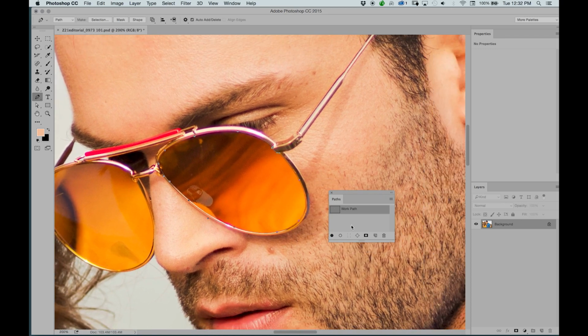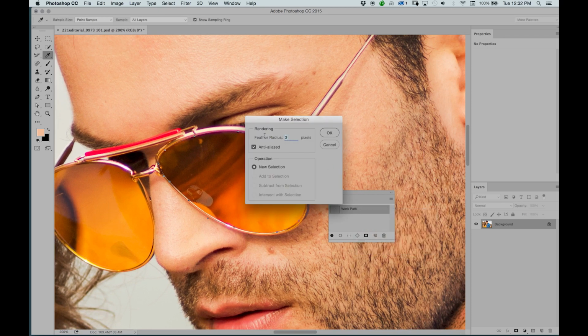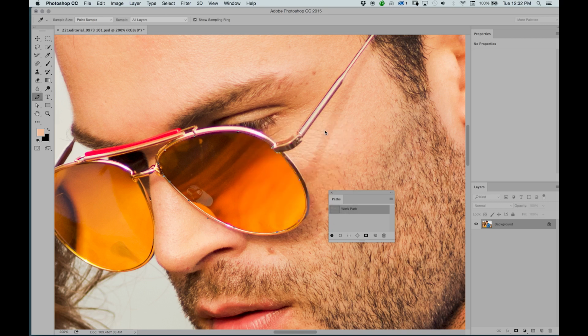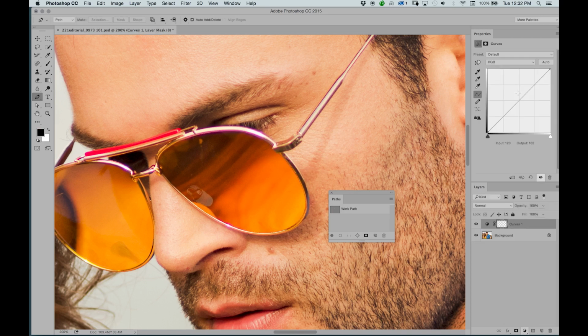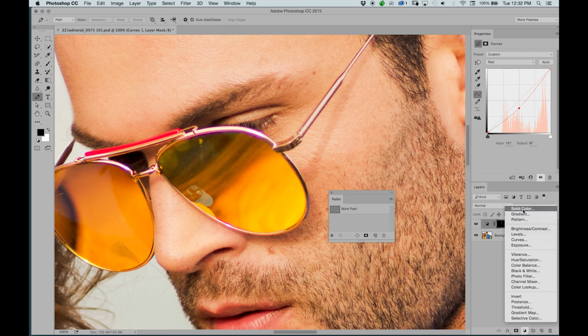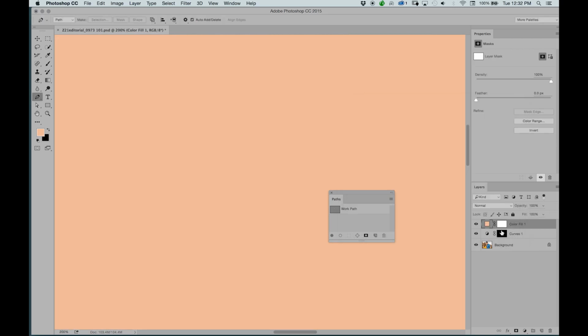Since we do, we'll come over here, right click, make selection. I'm going to feather the selection because I noticed that the lens itself seems a bit feathered into the glass. So I'll say maybe 2. Then with the selection active, I'll go to my curve. And now when I brighten or darken it, you can see that it changes. I can then even go into this red channel, change how red or green it is. Or I can even go into solid color, hit OK, and oh yeah, I need my selection, so I'll go in, make selection,